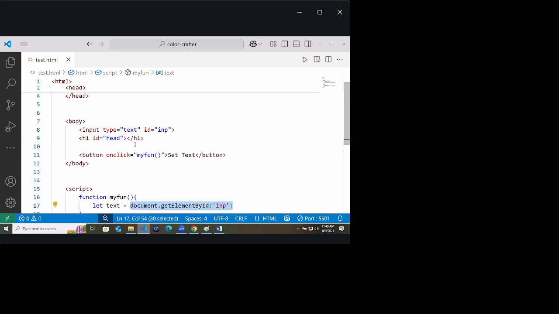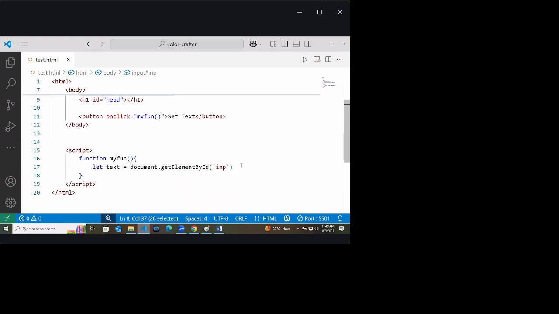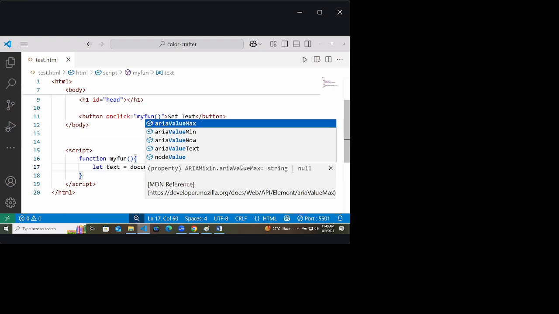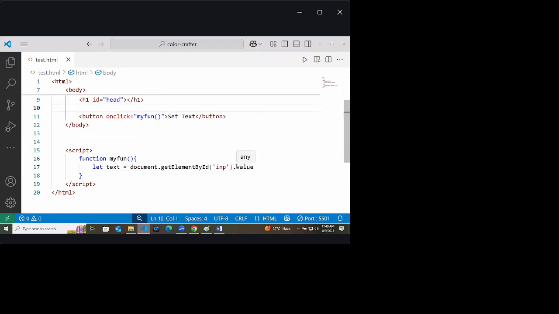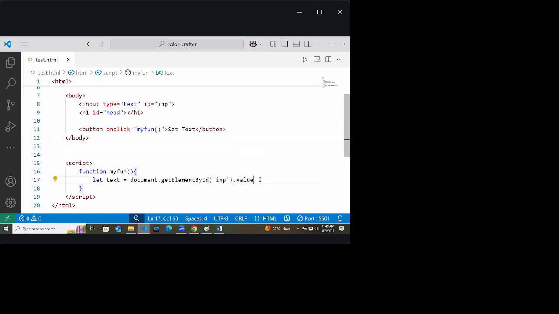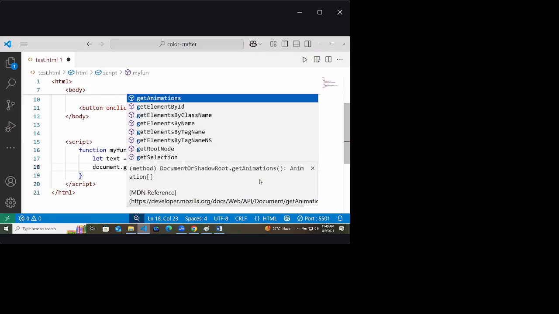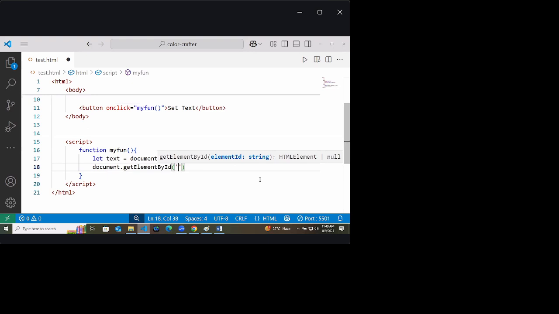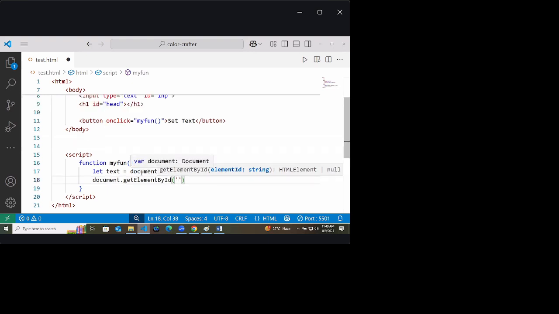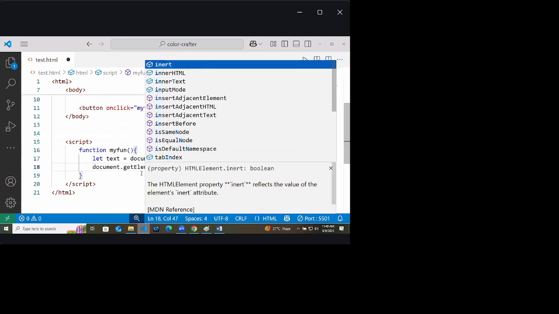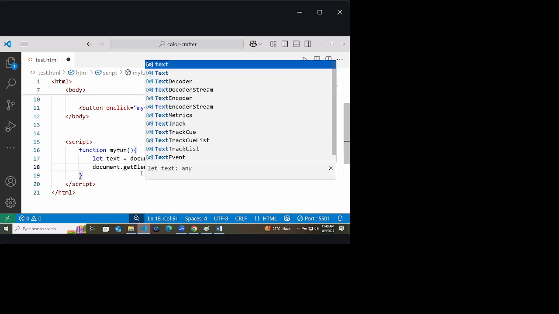What will it select? The complete input tag. But do you want the complete input tag or the value inside the input box? So use .value. Now it will give you the value inside the input box. And then you will again go to document, get the element by ID head, and inside its innerHTML, you will set this text.